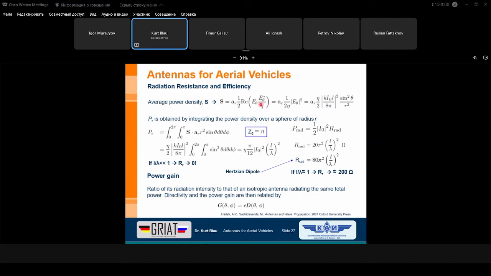I use this value here because in the literature, depending on the books, they use either Z0 as the wave impedance, 120 pi ohm, or this value. It's absolutely the same. If you see it, you can substitute it by Z0. Okay, now